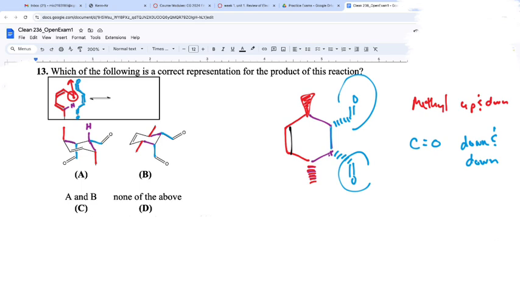Some people just click, and there it is. And it may even be that it just clicks in that one scenario, but in no others. That can still happen. So don't get frustrated with yourself. It's still a question of just trying to continue to manipulate those systems and get used to seeing those structures. For the record, that meant the answer here was A and B, which is C.